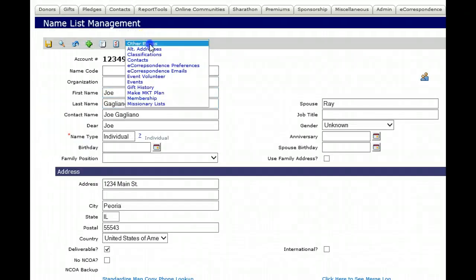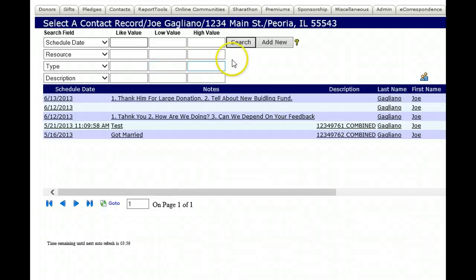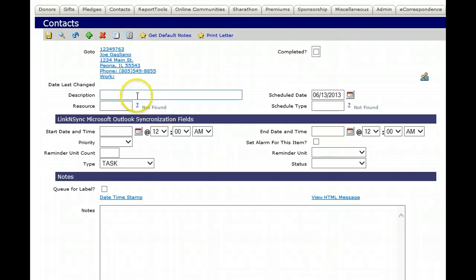We'll go to Other Pages and then Contacts, and then Add New. Here you can enter a description. So in this case, you might just put phone call or follow-up phone call. We'll enter a scheduled date, which is the date of the call, the resource, the person making the call, and